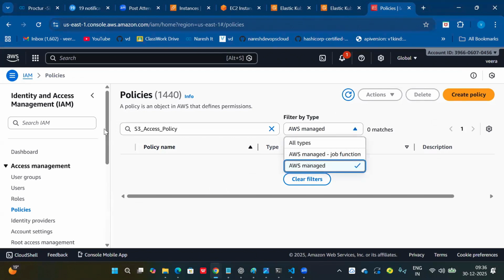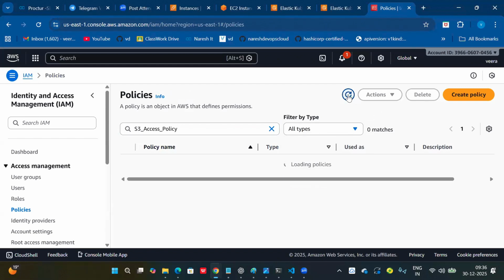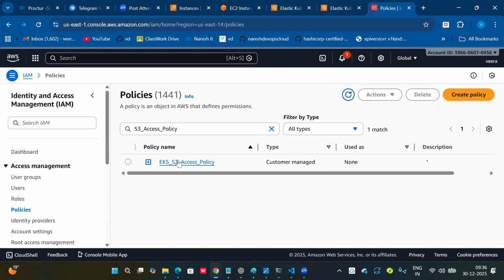Oh, sorry. Okay. So this policy was created through the CLI now, or you can also create a policy manually, giving whatever permissions